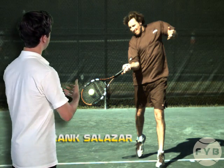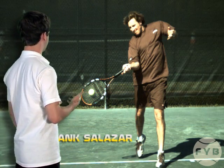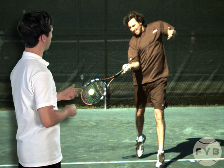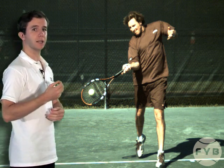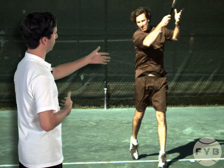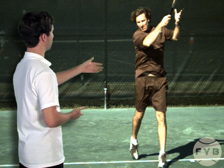From contact, Frank extends out in the direction that he's hitting the tennis ball. And once he's extended out, he begins to turn his forearm and wrist over like he has a watch on and he's trying to check the time. So I'd say right about here in his follow-through, if he was wearing a watch, he could see what time